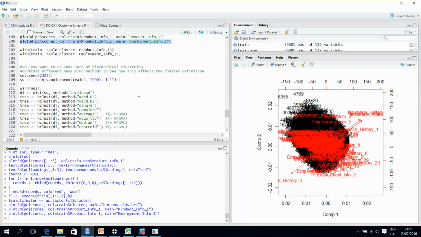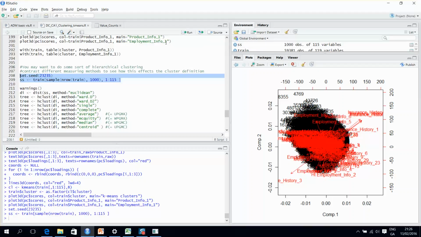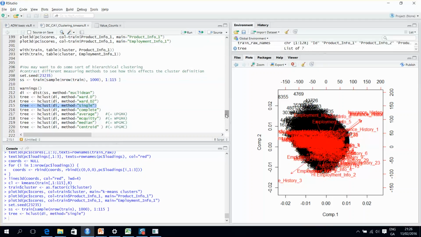So we can also look at the data in a hierarchical structure, and to do this we've looked at implementing dendrogram diagrams, and because of the large data set we've tried to restrict the amount of information on this, so we've used a sample of the full set. And if we have a look at the tree diagram